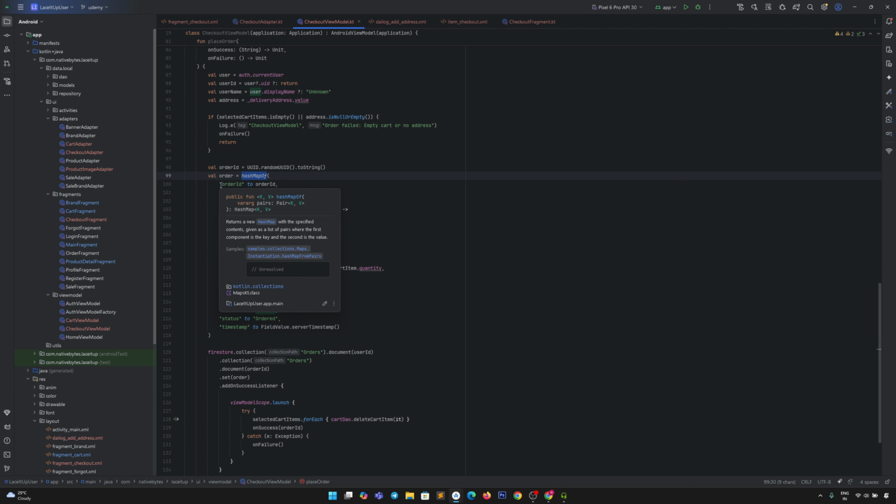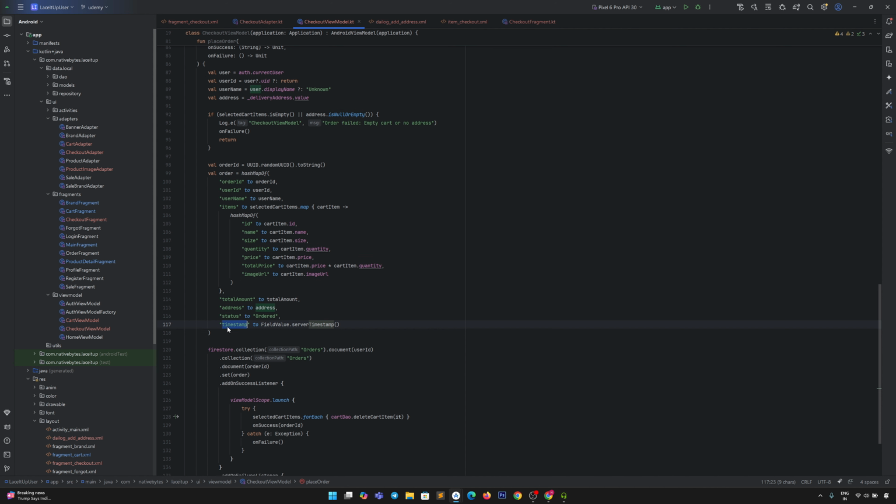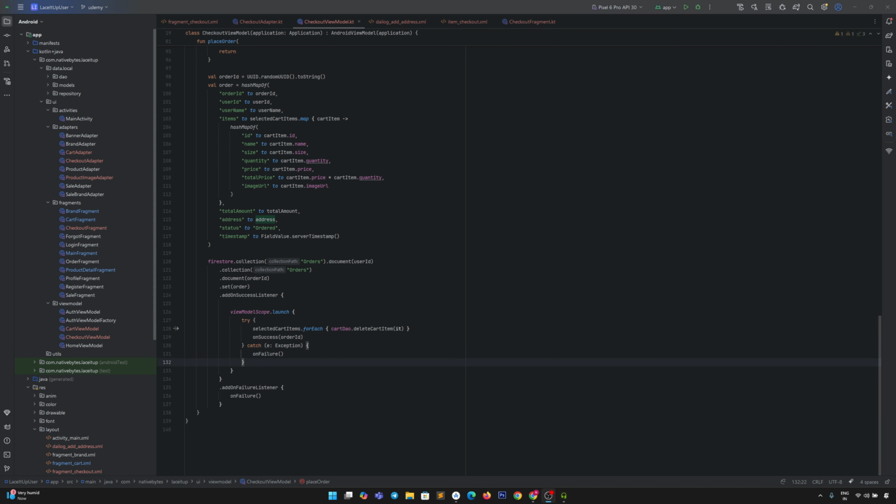Containing all the details like user ID, order ID, username, items, total amount, address, status, and timestamp. Once the order is placed successfully, we also delete the items from the cart. So in this viewModelScope, again we are using coroutines. Once the order is placed, it will remove the items from the cart.